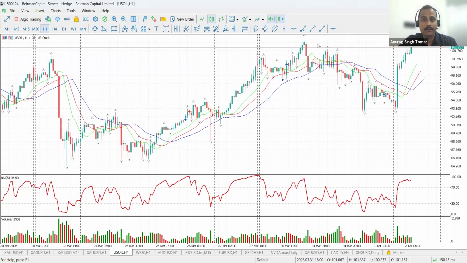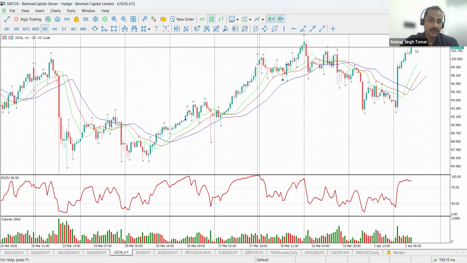Now, what to do in the oil prices? It's very easy. We have this candle sitting over here, which is going to act as a very strong resistance. Why? We have the imbalance. For SMC, we have the fair value gap, and prices are right now trading in that fair value area. Just above that, we have an order block sitting. So the chance of reversal is there, but the current momentum is not showing any strength of a reversal.